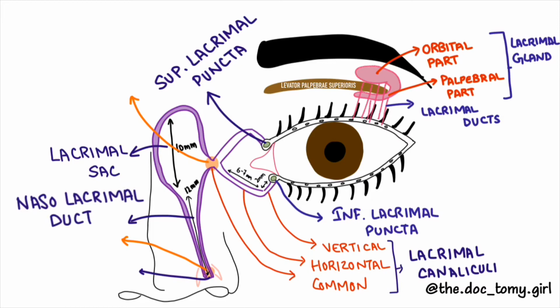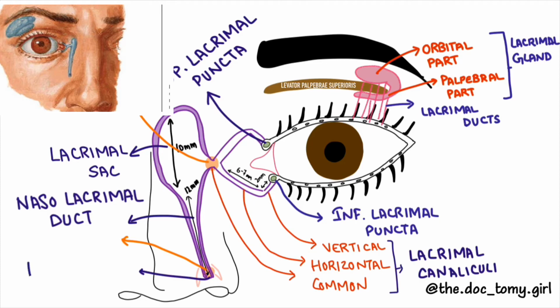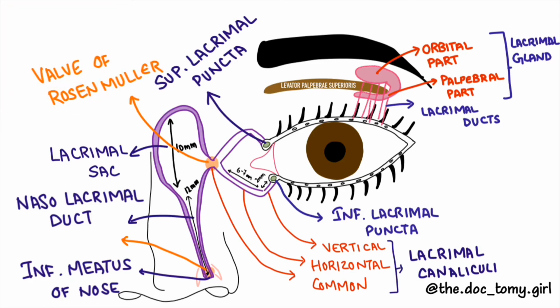The nasolacrimal duct extends from the neck of lacrimal sac to the inferior meatus of the nose. It is about 15 to 18 mm long and lies in a bony canal formed by the maxilla and the inferior turbinate. The direction of the nasolacrimal duct is downwards, backwards, and laterally. Externally, its location is represented by a line joining the inner canthus to the ala of nose. The upper end of the nasolacrimal duct is the narrowest part. Numerous membranous walls are present in the nasolacrimal duct, and the most important is the valve of Hasner. Valve of Hasner, present at the lower end of the duct, prevents the reflux from the nose.